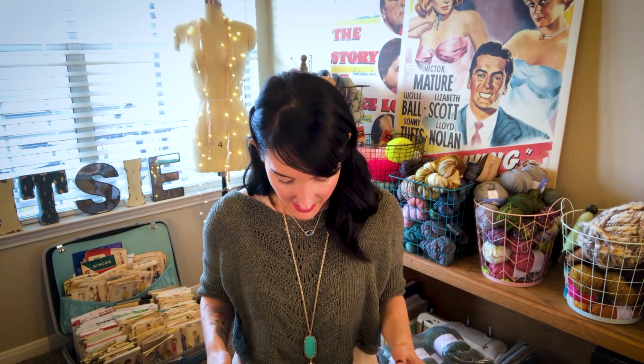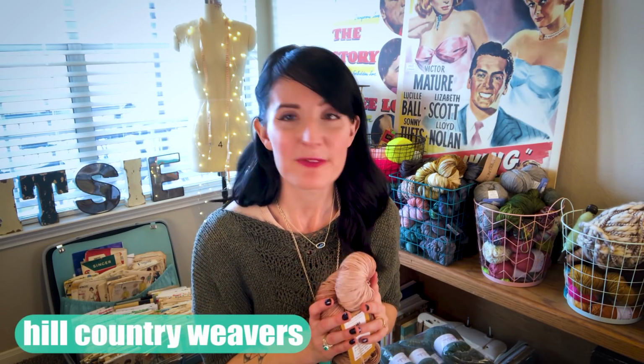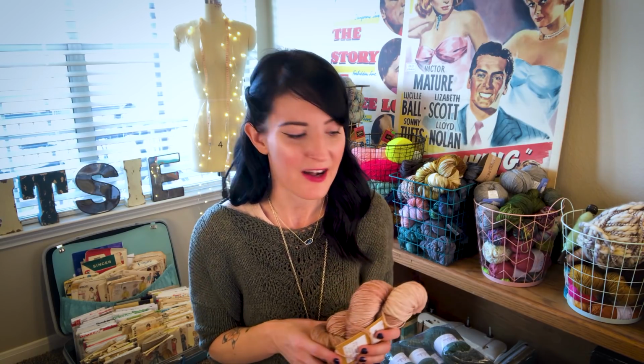It just feels good. So I went to my local yarn store. So here in Austin, I don't know if I've mentioned the name. It's called Hill Country Weavers. If you live in Austin, I'm sure you know it's on Manchaca, and I think they have a second location on South Congress. I don't know if that one's still open, but I love the store. The ladies that work there are great. They're always happy to make recommendations. They're very knowledgeable, and their selection of yarn is amazing. They have Hedgehog Fibres, Woolen Boon, lots of Madelinetosh, and they're great about stocking a lot of local dyers,